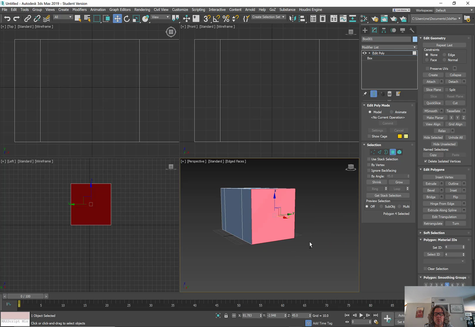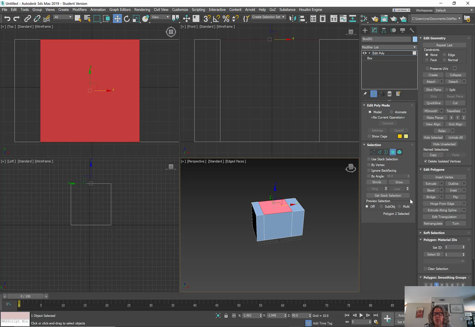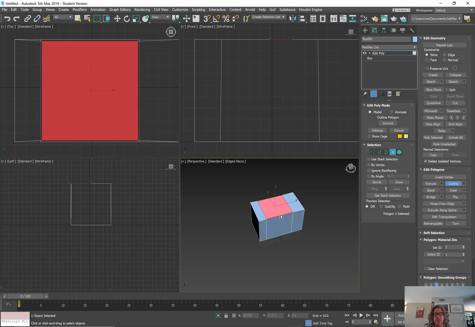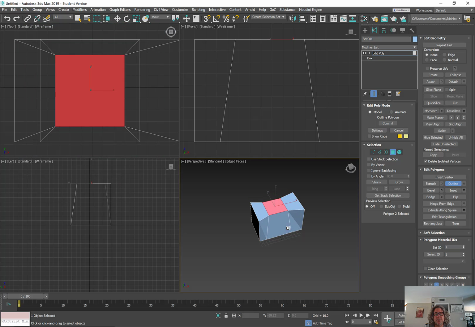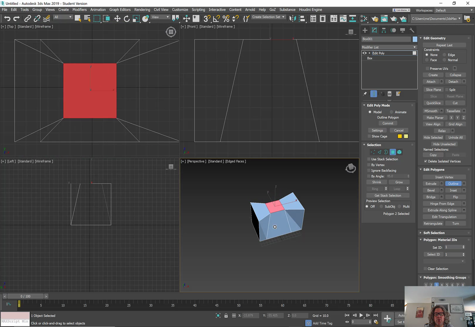And so now that is the actual extrude. Let's go here and click on the outline. You'll see that it has a different kind of icon. There's icons for basically every function. So outline is just basically giving us a scaling kind of functionality, and there's some good uses for it because